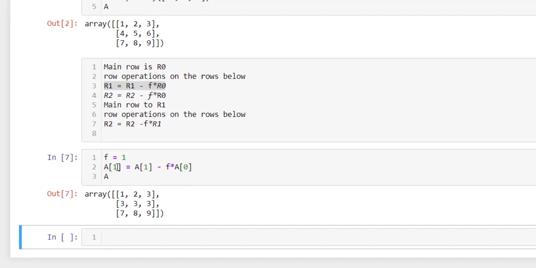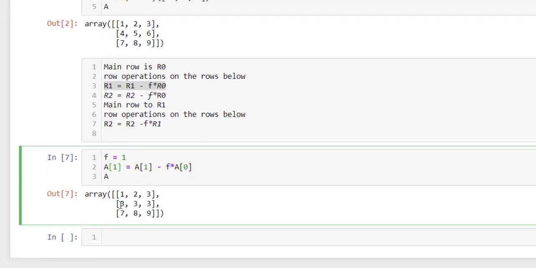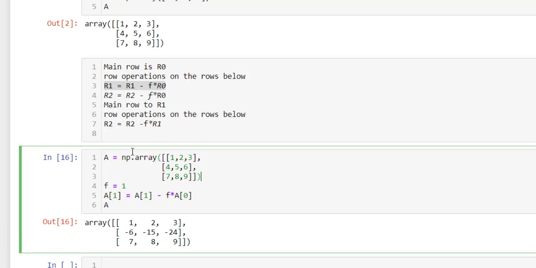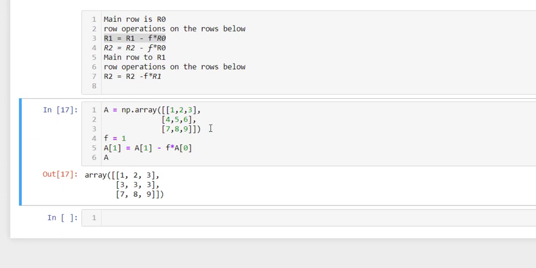Now if you keep running this cell in Jupyter, it's going to keep on changing. It's going to apply the same equation again and again, and you'll get different results. So the best thing is to have a copy of A reinitialized over here, just in case. You shouldn't do this if you're writing a function. Okay, just for this script example, I'm keeping it there. So now the results are consistent.